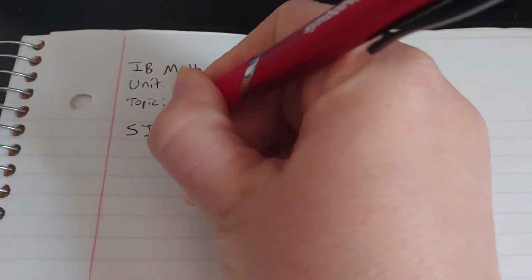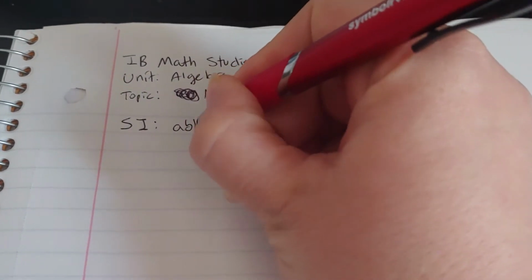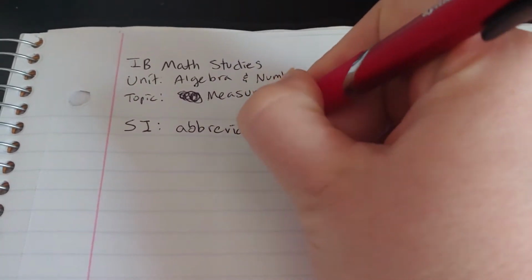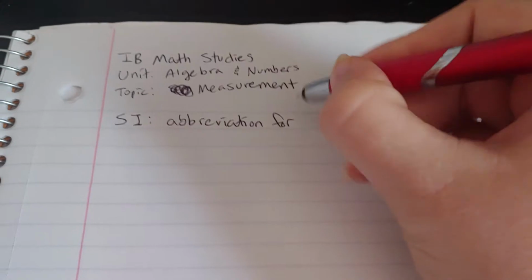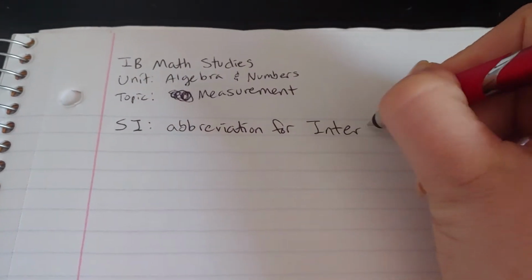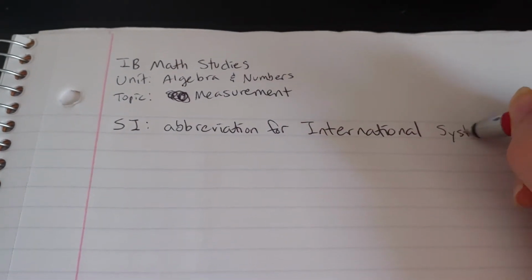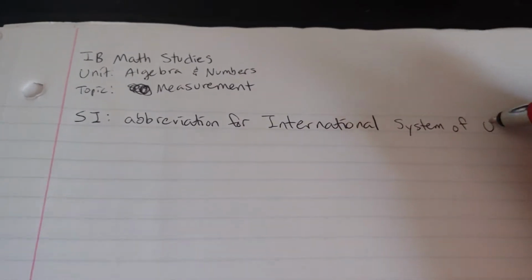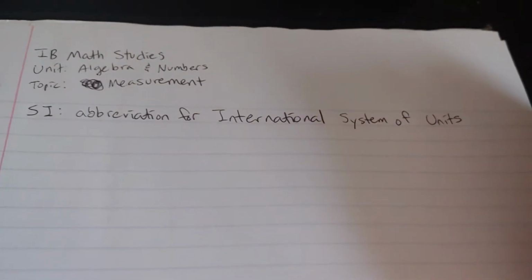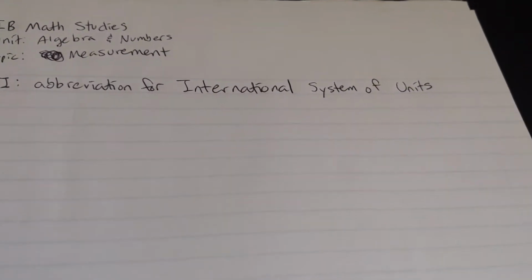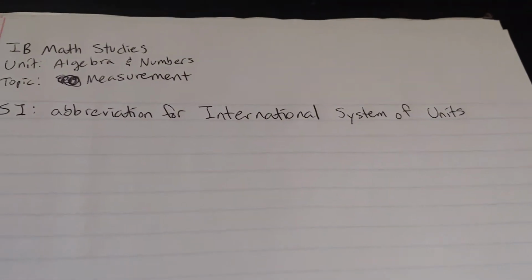All right. Now, one thing that we need to talk about is SI. So this is the abbreviation for the International System of Units. Now, we have 7 base units